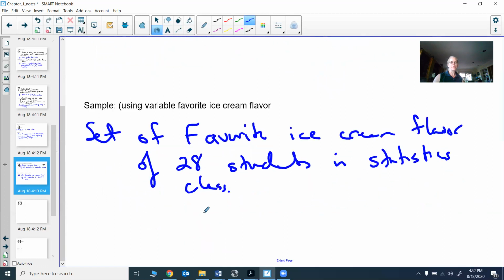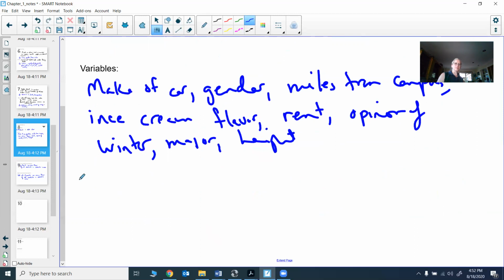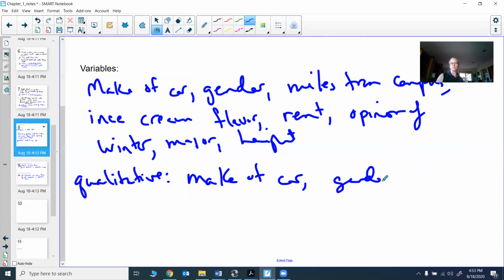I did want to talk a little bit about this variable just for a moment. So if we're dealing with this one, we'll actually go back to all of our variables and let's just talk a little bit about them. Let's see which ones are qualitative or categorical. So these again are things that are just qualities that you would measure. So your make of car, your gender, your ice cream flavor, your opinion of winter,